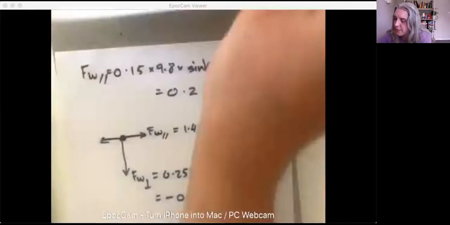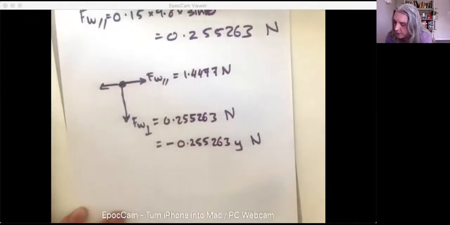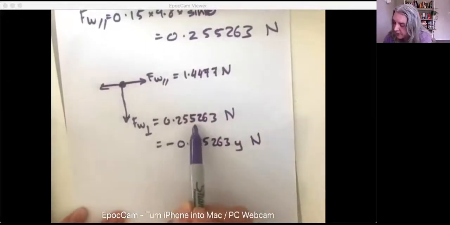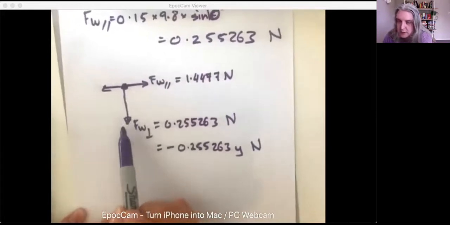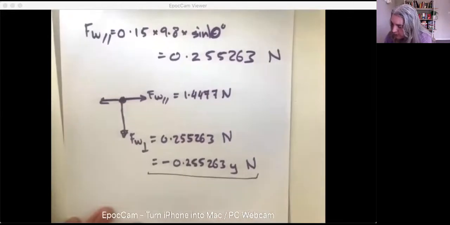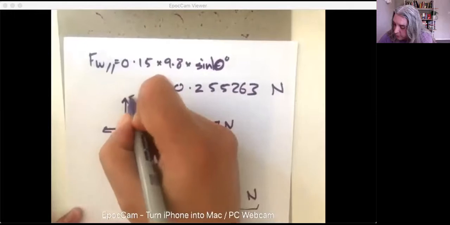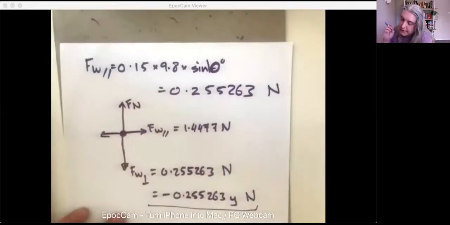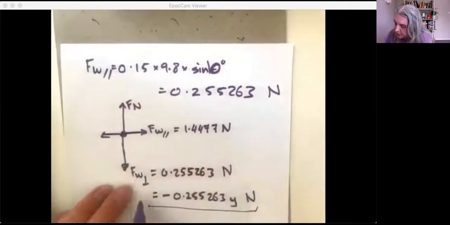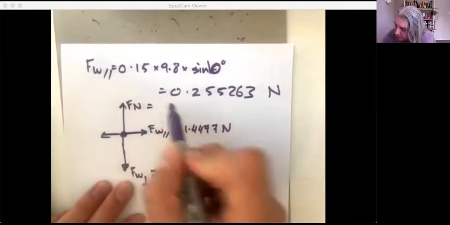But I don't really need to do that if I'm attaching it to a free body diagram, because this shows you it's in the negative y direction. So I only need to give you the magnitude and then the direction is on the free body diagram. But if you wanted to write it in full mathematical notation, you'd write that. We then also know that we have a normal force upwards. We haven't technically calculated this yet, but we do know that it's equal and opposite to this. That was what we stated. That was our determination based on the fact we know the object is not going to fly up off the slope. So this is going to be equal to